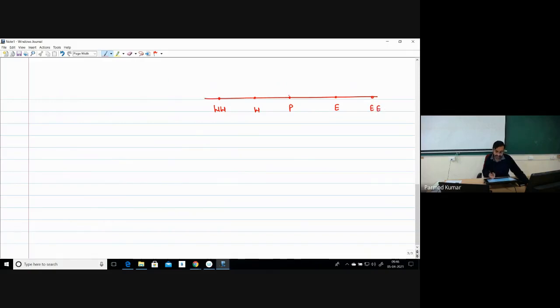Now if I consider P as the node under consideration, this particular node P will have two faces. If I am considering a one dimensional problem, it will have a W face, and a small e face over here. Now if I have to estimate the value of parameter phi at point E, we have different schemes available. Let me first give you the example of the upwind differencing scheme. If you have to use upwind differencing, how will I write the value of phi E? It will be equal to nothing but, can you tell me?